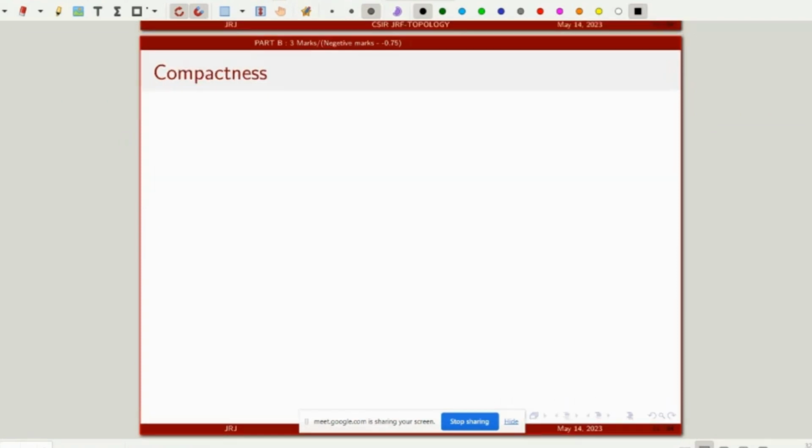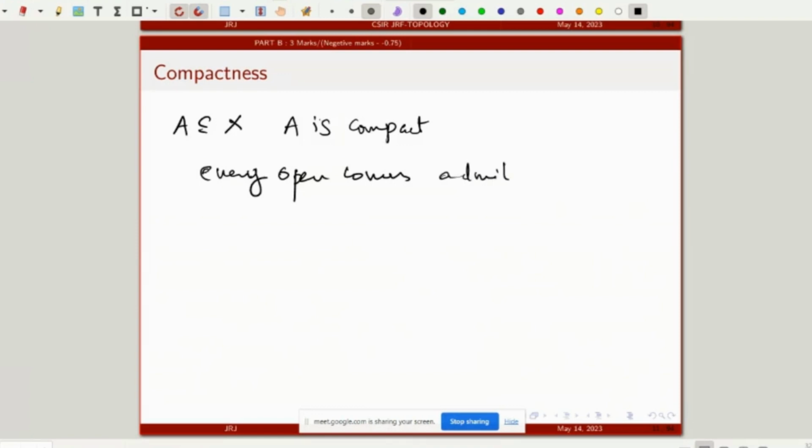So what is the definition of compactness? When we say that a subset A of a topological space X is compact, then every open cover of A admits a finite subcover. Okay. Then we say that A is compact. So in R,